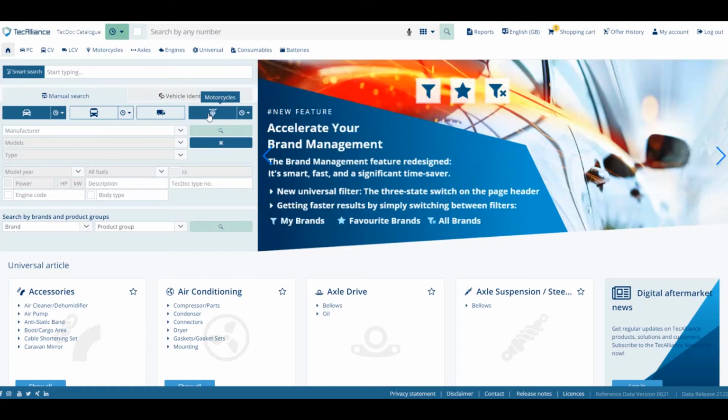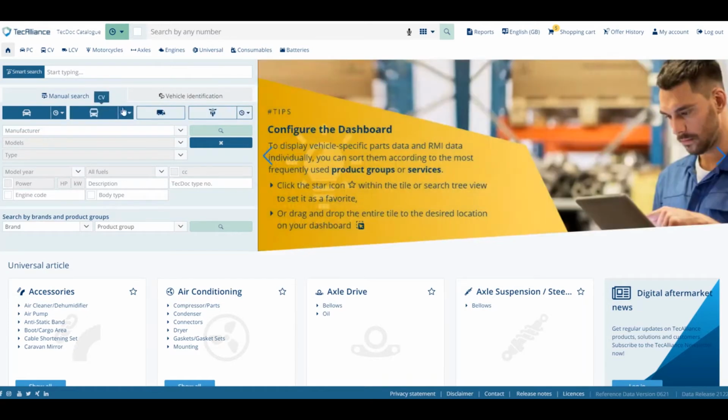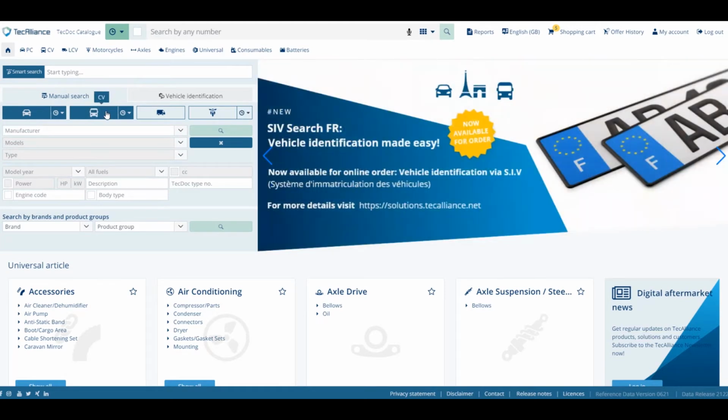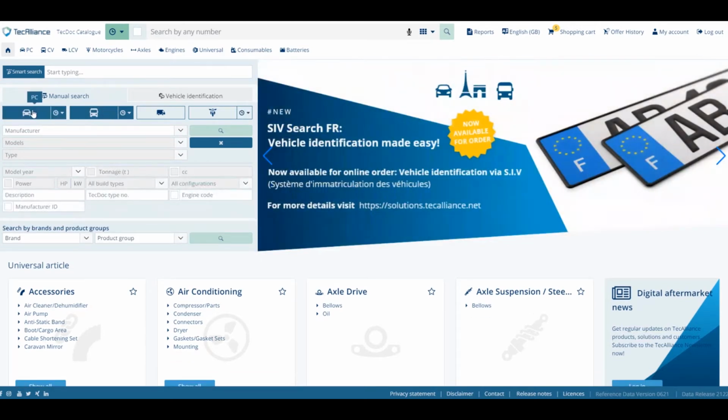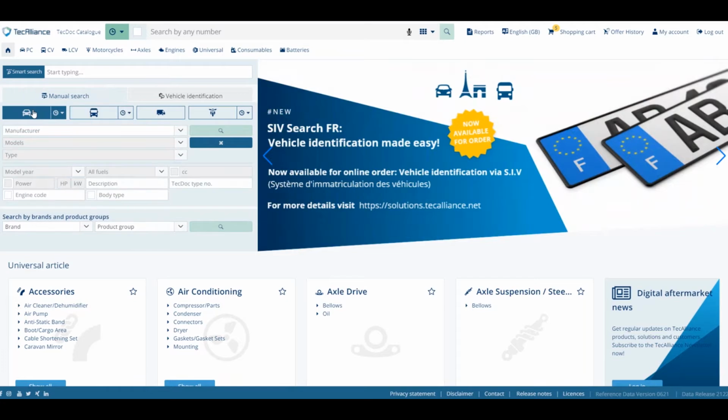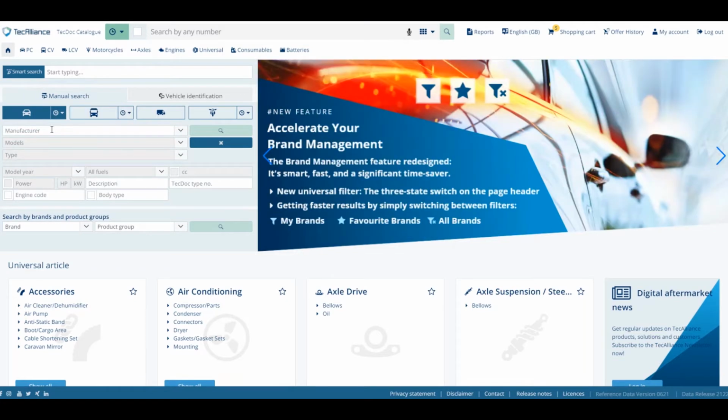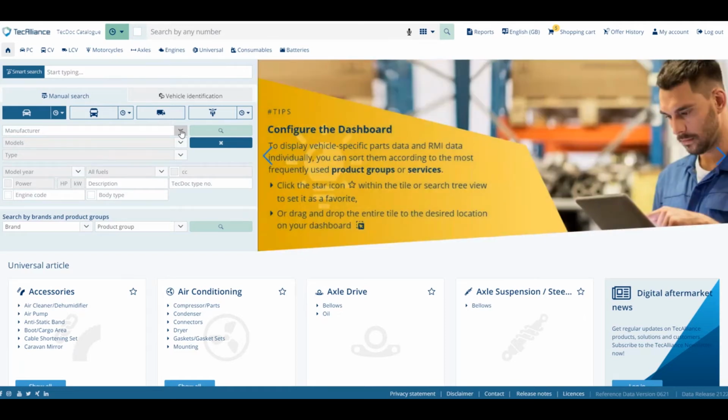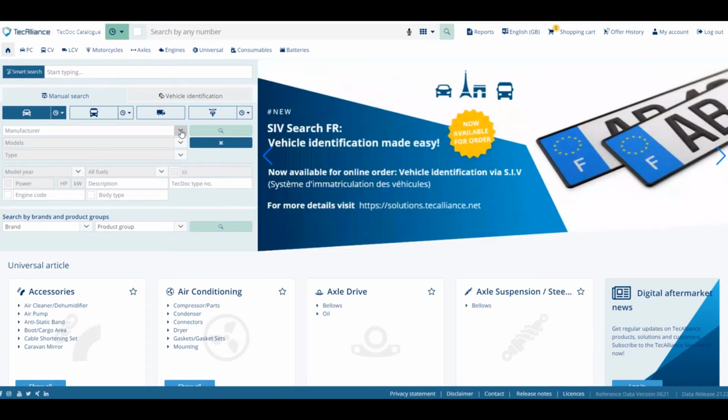When selecting a vehicle, we have to be in the right category. If choosing a truck part, I have to first press the CV tab, then only I'll be able to search the part for trucks. Coming on to the passenger car segment, now we have the option of doing a search by adding a number or giving the input from the make, model, and type information available in the drop-down menus.